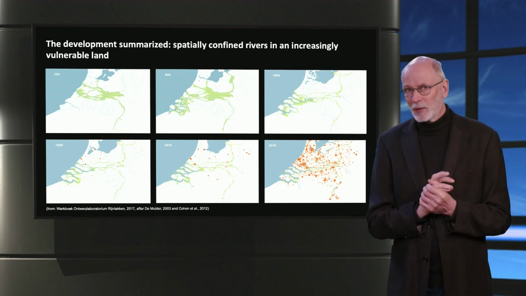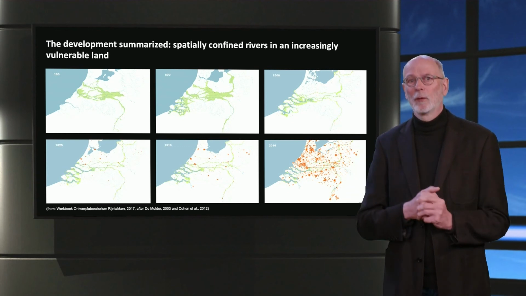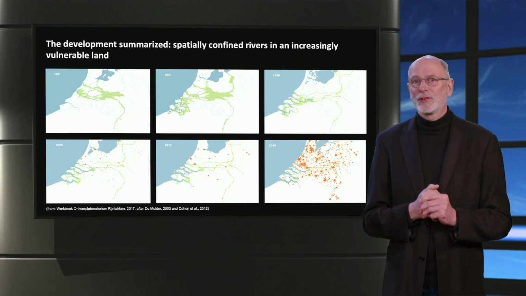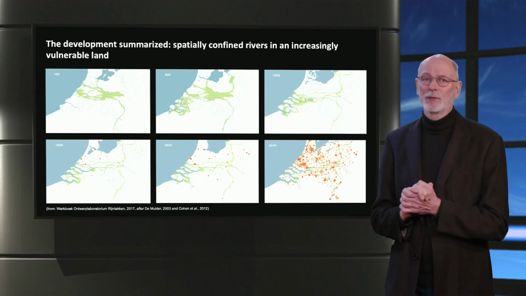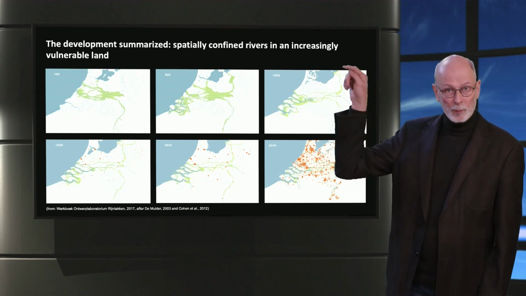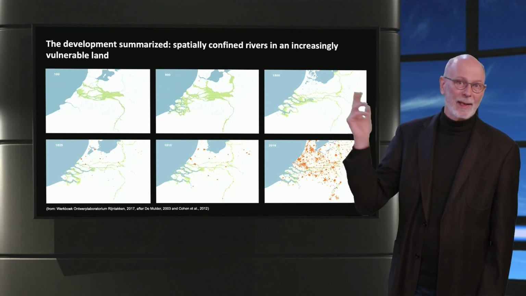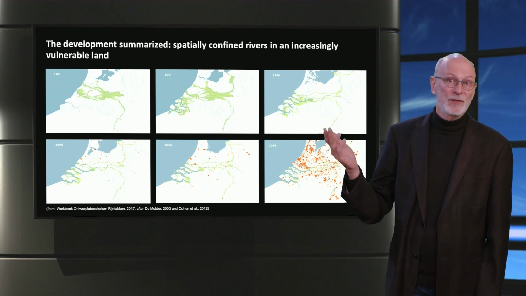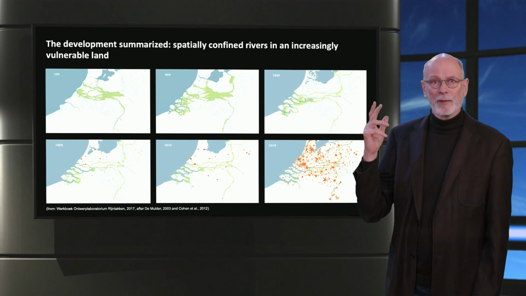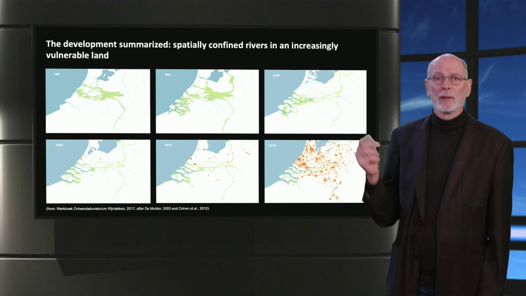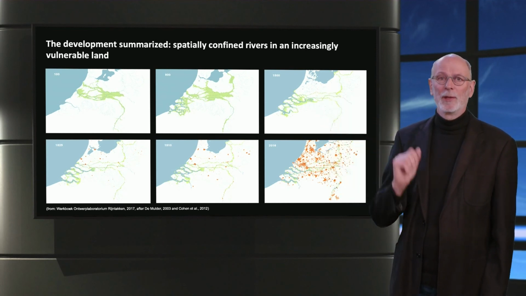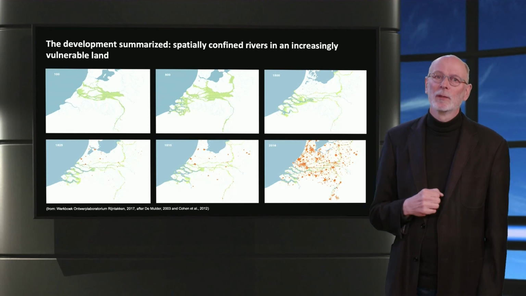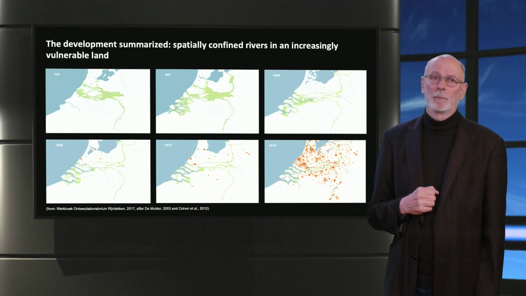This slide summarizes the joint evolution of the alluvial plains and society in maps for different years, from left to right and top to bottom, from about 100 AD to 2016. Confinement of the river between embankments and fast urban development when the population size exploded during the last century.